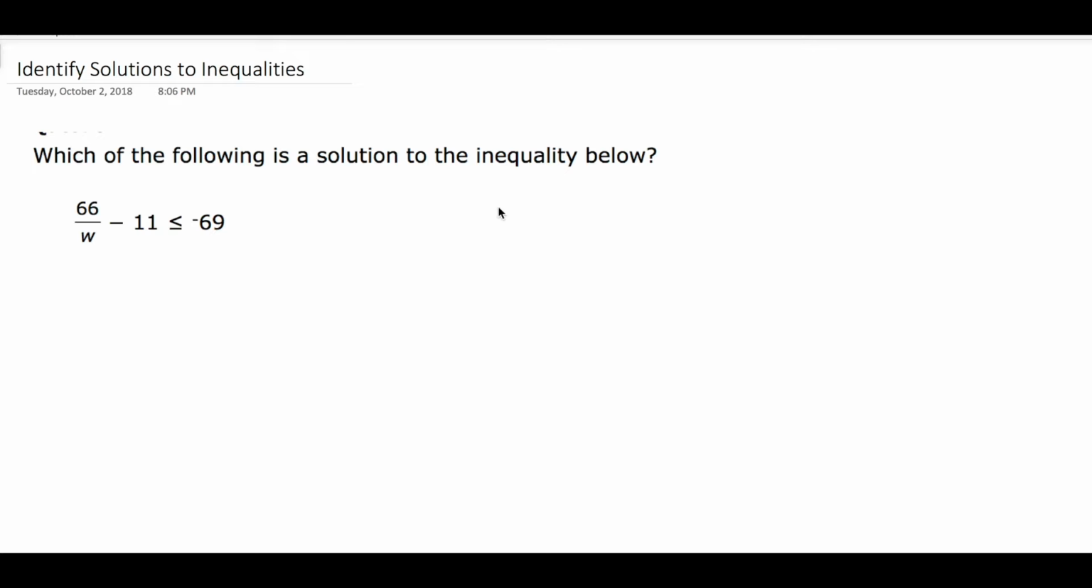And so how would you do this type of problem? Like 66 over W minus 11 is less than or equal to negative 69. What's the first thing you would do there? Oops. That's the exact same thing. Hold on. I meant to put an equal sign here. Equal. I'd do plus 11. Okay. So plus 11,